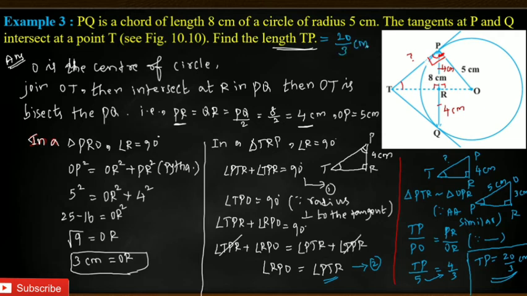I have explained it very slowly because this is one of the very important sums. We have another method also, the Pythagoras theorem, but the similarity method is a little easier and we are not using many numbers. If you use the Pythagoras rule, you will get more numbers. Please make a note. We'll go to the next sum.